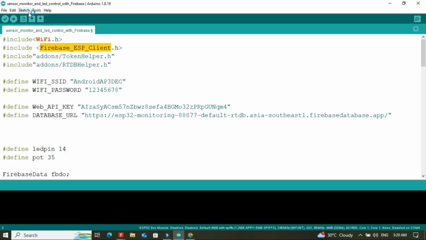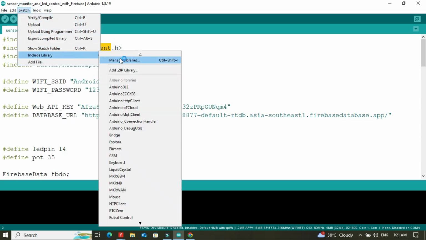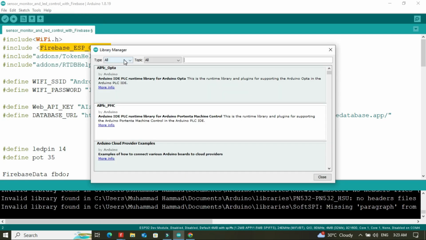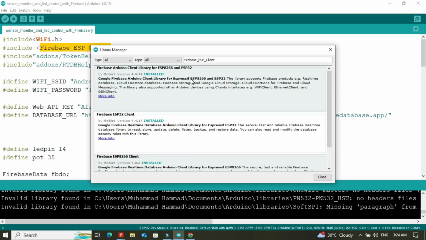Then install the Firebase ESP client library. As you can see, I have already installed the library.